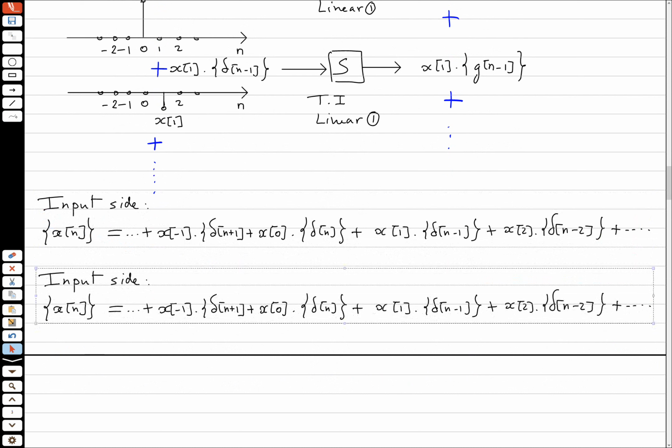At the output we have something similar, but here I don't have enough space. Sorry, I want to save this, otherwise it will crash. Alright, so